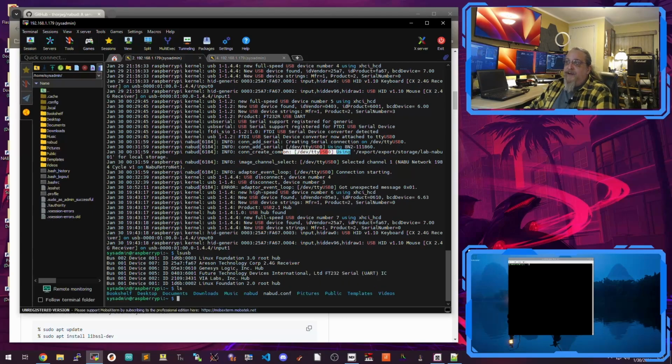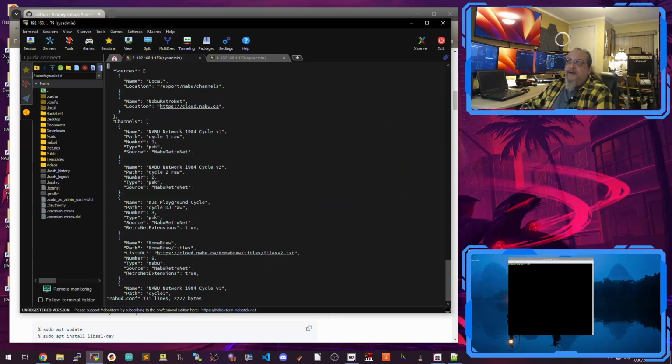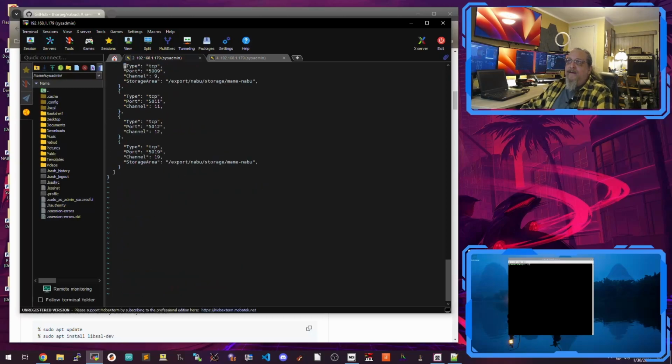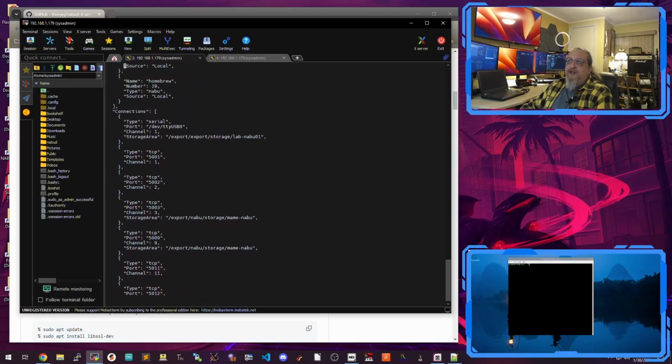I pre-configured this in my own nabud.conf right here. So I went ahead and I changed the path location to be that export NABU. And down here at the bottom, I have a connection for a serial adapter, and I have it there, and I have the storage area set